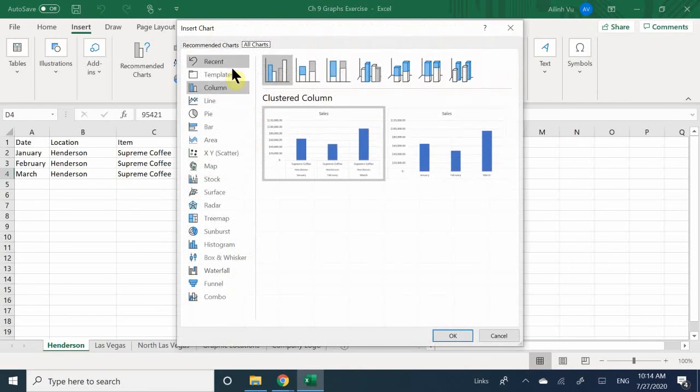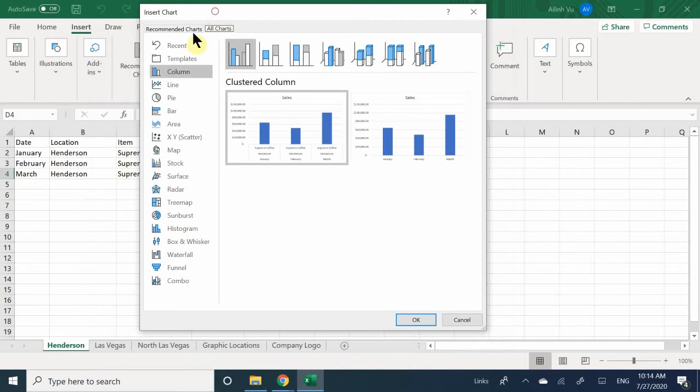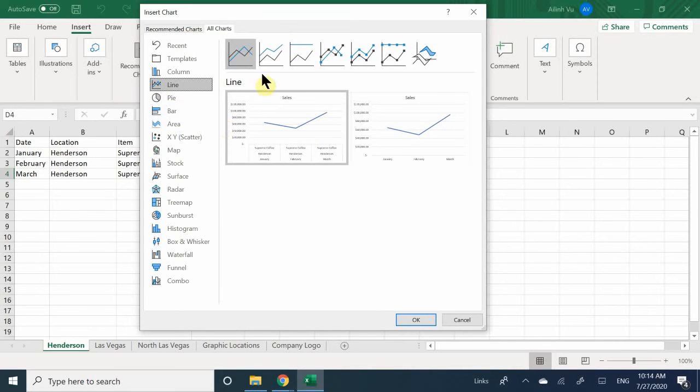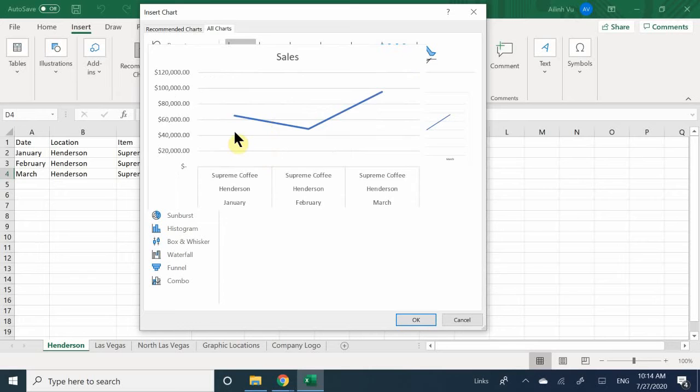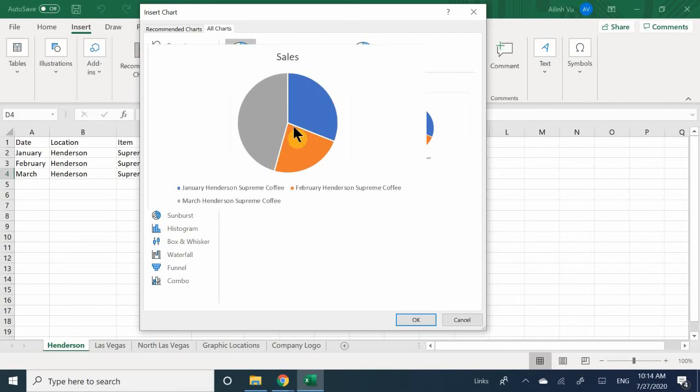Now, once you've done that, you're going to notice that you have an array of all these different types of charts you can look for. So instead of looking at the little mini bar icons over there, you could look at what Excel has to offer as far as charts in general. Here you can look at line charts, where you get to draw the line and it's displayed by number. You can do pie charts, where you have a circle and it gives you a little piece of information depending on what you want to look for. So in this case, if I were to do my sales for my Supreme coffee